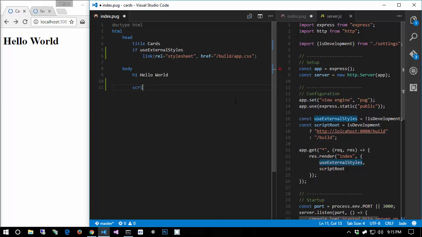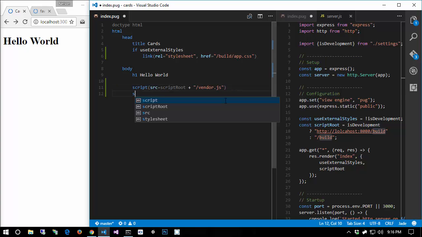Now down here, all the way at the end of the body, I'm going to say script source equals scriptRoot, which is this variable right here, which if we're in development is pointing to our development server that we just launched, or if we're in production, points to our build folder. So source equals scriptRoot plus vendor.js. Now, when you use the CommonsChunkPlugin to extract things into a vendor file, make sure you always include your vendor file first. Then we include our entry point by doing